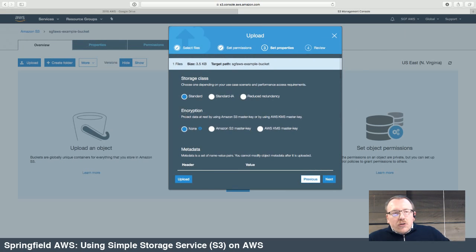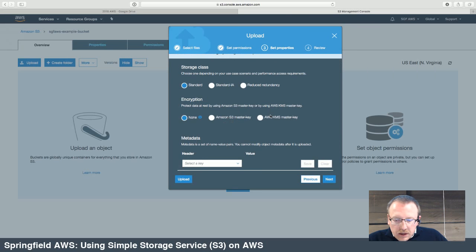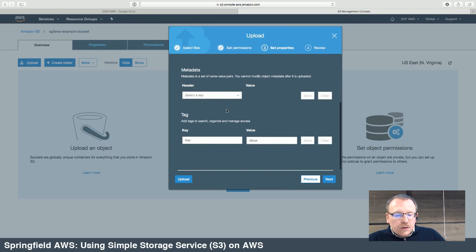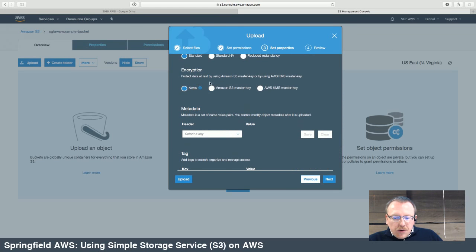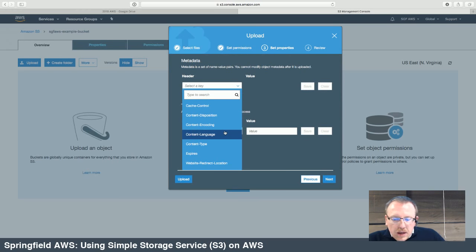And you have these same options when you upload through the SDK or the CLI. So when you're a developer and interfacing with S3, all of this is going to be very, very familiar. There's pretty much a one-to-one relationship with what you have in those interfaces. You can turn on encryption here. You can configure metadata per object, and I'm going to cover that briefly because we've found, for example, if you interface with S3 from the PHP or